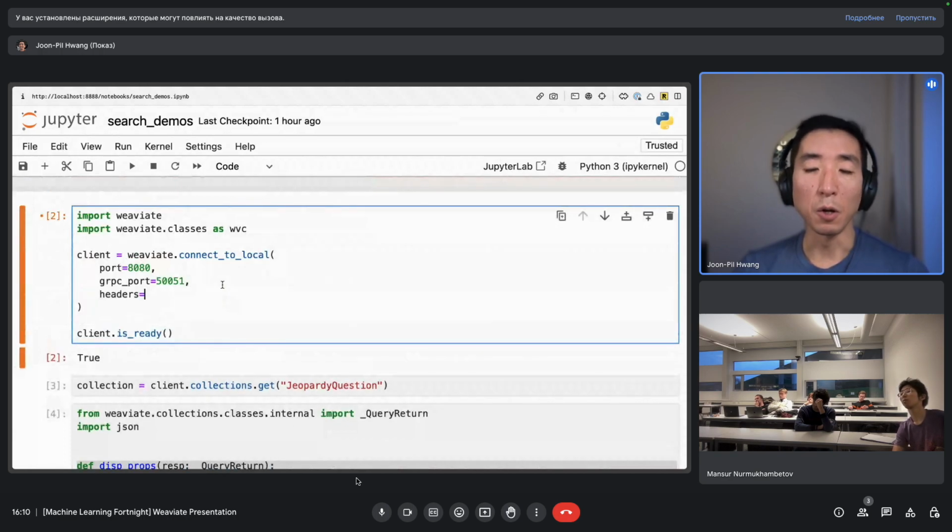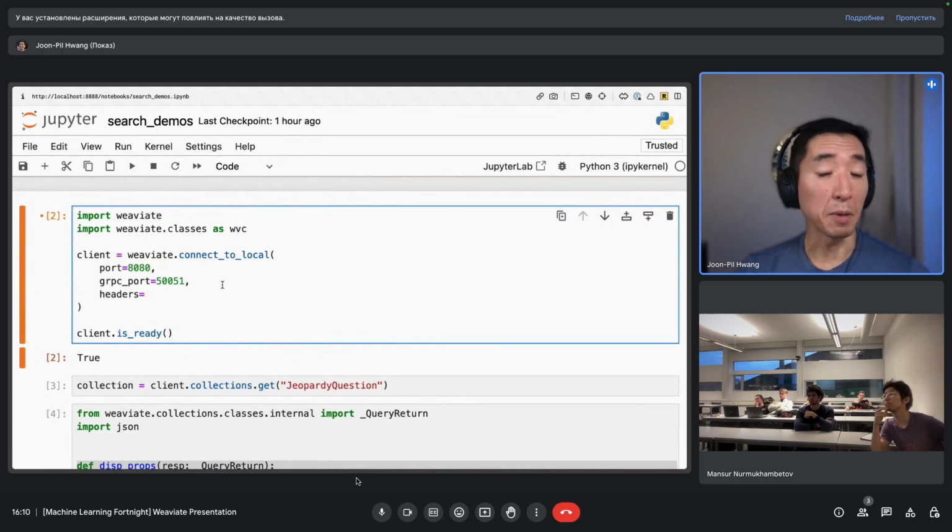It's headers. So what I'm doing here is, in this particular instance, I'm using the OpenAI API to generate vectors. Remember we talked about before that when I insert objects, the objects need to get converted into vectors and you need some model to do that. The way I did it for this instance is to use the OpenAI API with their default model, which is ADA 002.